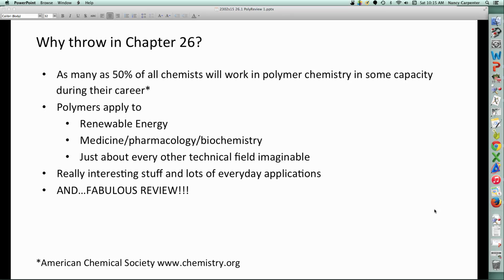They apply to renewable energy in droves: solar photovoltaics, fuel cells, wind energy. They're all based on polymer chemistry. You are a polymer, it's true. Just about everything you do has something to do with an enzyme, which is a polymer in the form of a polypeptide. And they're just everywhere. So they're fascinating. They're in every aspect of your life, and the main reason Chapter 26 provides